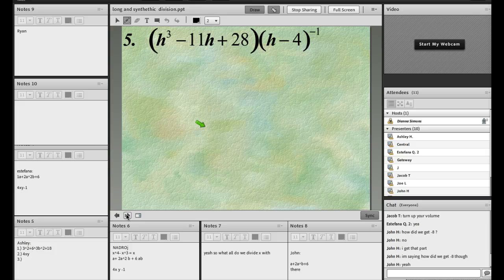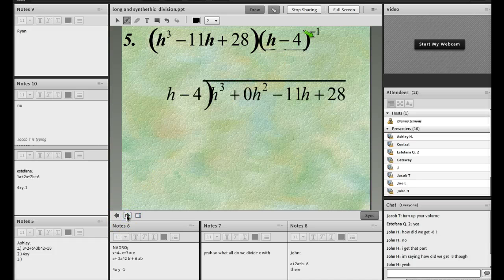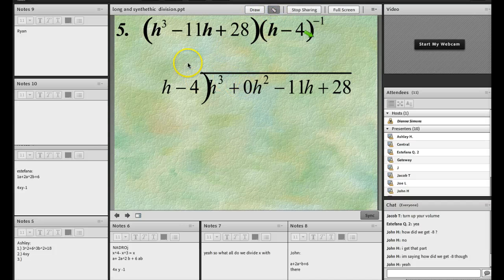All right, let's do another one. Now, this is tricky, isn't it? You see this? Since it says negative 1, all that means is that you're dividing by it. Does that make sense? Okay, ready? The other thing that's important is we have an h cubed, and then it goes to an h. We need to make sure that we have a placeholder for each